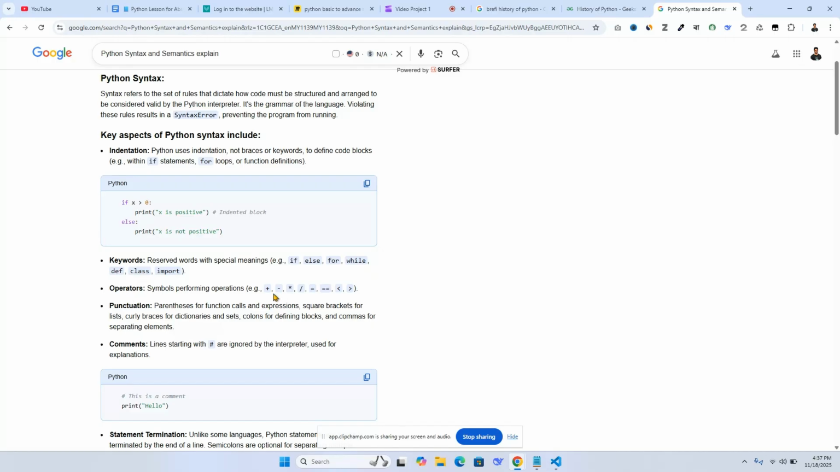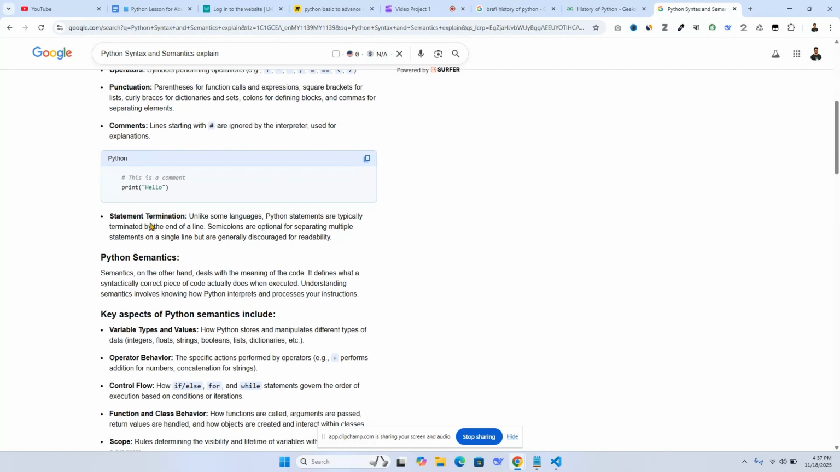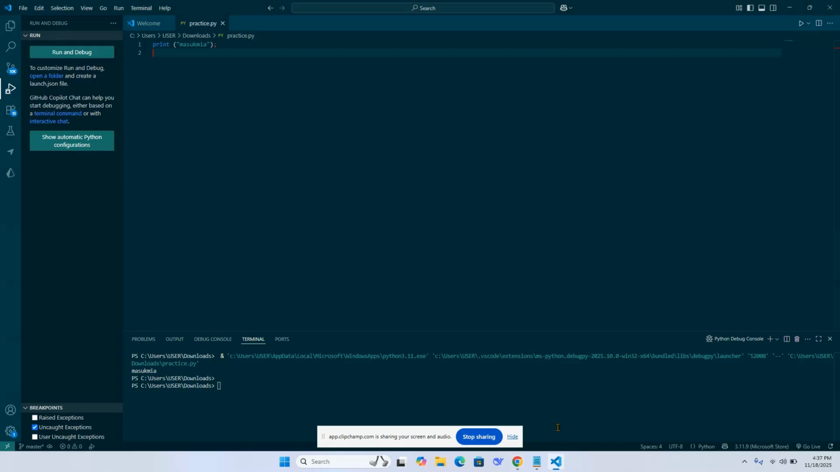Okay, operators, that means plus, minus, multiplication, division, equal, is equal to, less than, greater than, then curly braces, brackets, braces. Okay, that's called the operators, the punctuation also. Then statement termination. Unlike some languages, Python statements are typically terminated by the end of the line; a semicolon is optional for separating multiple statements. So if I write any kind of code here, okay, if I write name equal